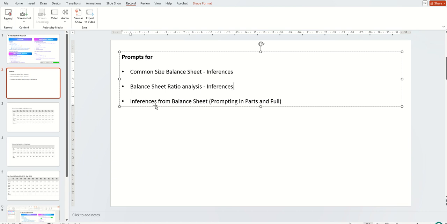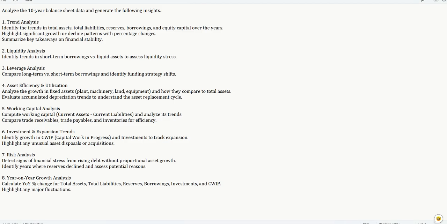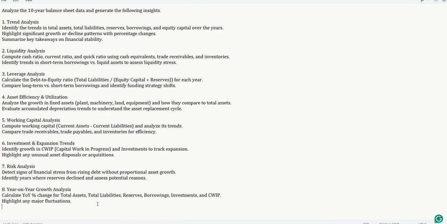And now we'll move to the last part, where we are going to analyze the entire balance sheet for inferences. I'm not focused on ratio analysis, I'm not focused on a common size balance sheet, but it's more of a trend: what that trend for the 10-year data says. That is my focus. So there are two ways in which you can prompt it. The one way is where I give a complete